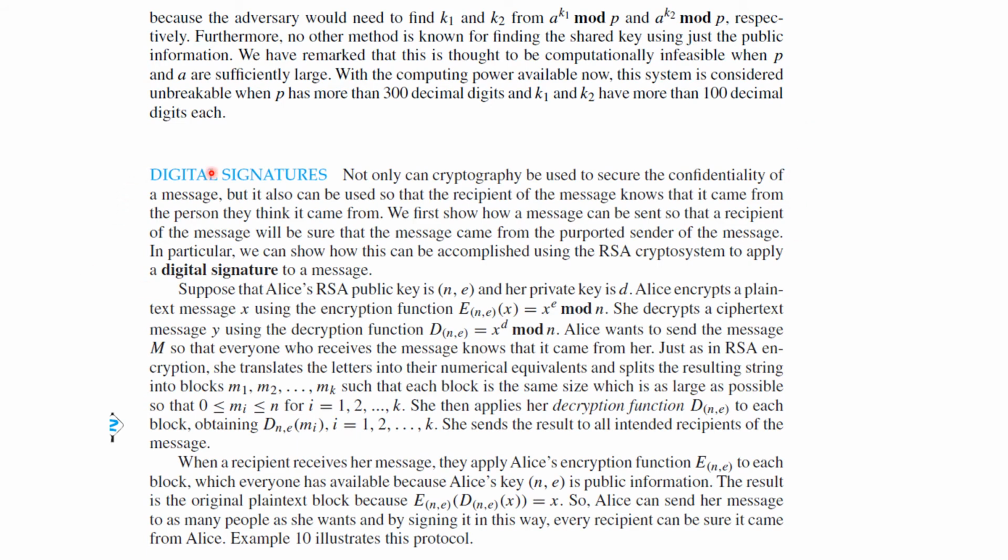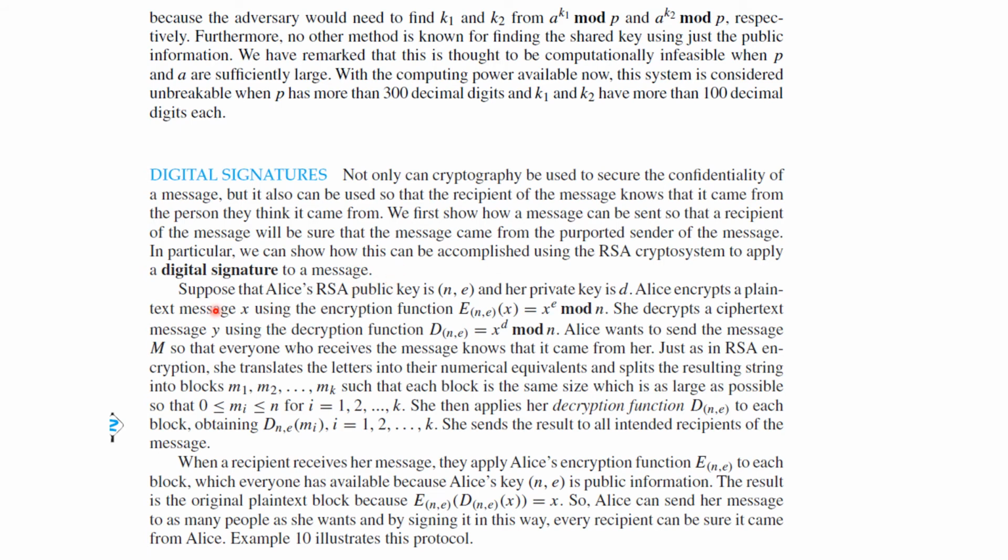Another application is sending digital signals. Not only can cryptography be used to secure the confidentiality of a message, but it can be used so that the recipient of a message knows it came from the person they think it came from. We first show how a message can be sent so that the recipient of the message will be sure the message came from the purported sender. In particular, we can show that this can be accomplished using the RSA cryptosystem to apply a digital signature to a